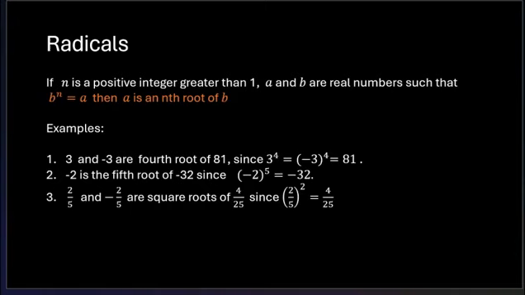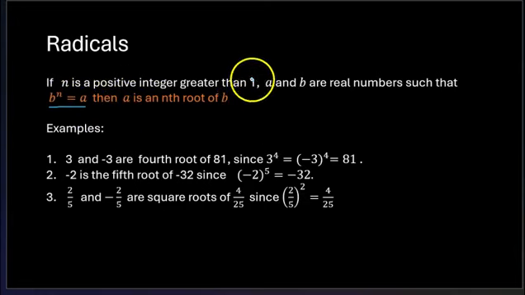There's no such thing as a negative root. Okay, so we're just looking for the third root, the fourth root, the fifth root. So it's always a positive integer. A and B are real numbers, meaning A and B can be negative. So it doesn't have to be positive. The N is just positive, but A and B can be any real number. Now when we have this equation, that means if you solve b raised to n is equal to a, then we say that the nth root of b is a, or a is the nth root of b.